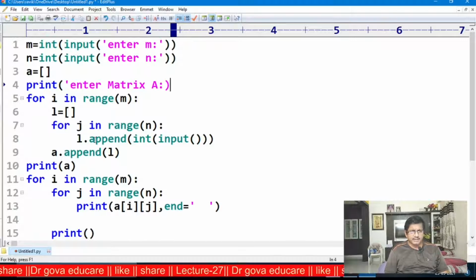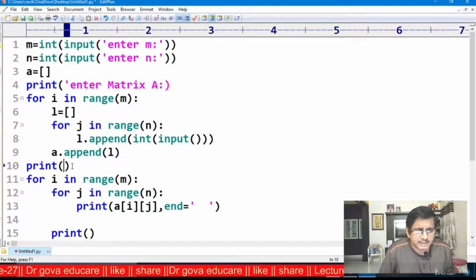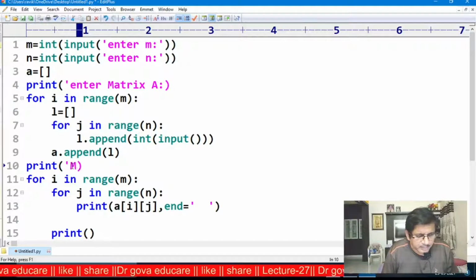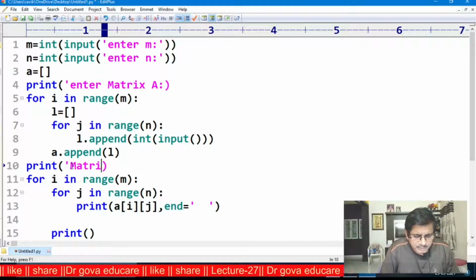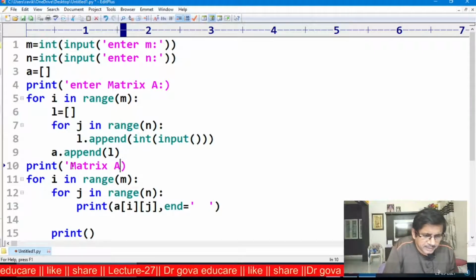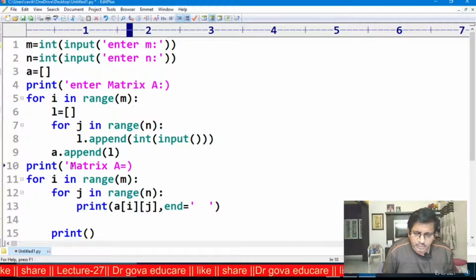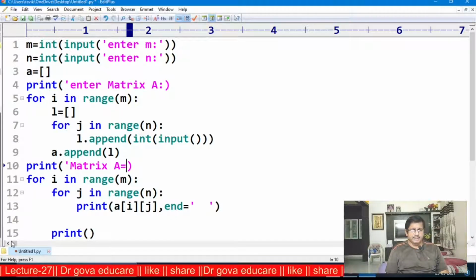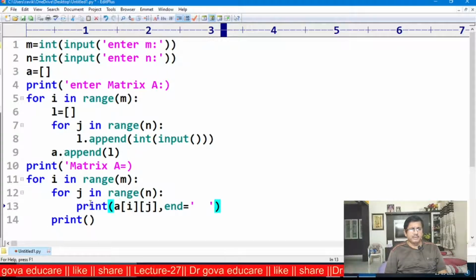For j in range N, L dot append int of input, A dot append L. Print matrix A, for i in range M, for j in range N. After this, print. This is entering the first matrix.